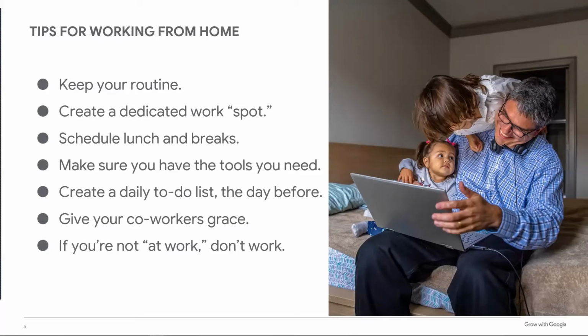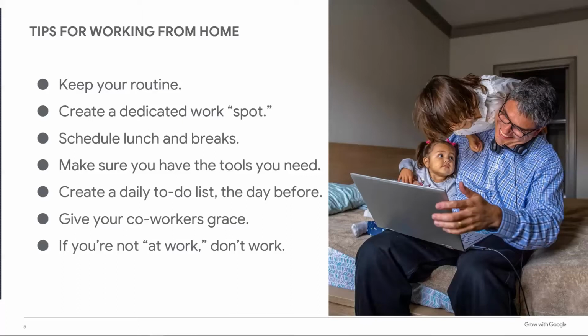There's nothing better than, and I am so guilty of this, nothing better than to sit in bed and pull out your computer and work from bed, because it just is so relaxing and comfy. But the realization is you just don't get as much done when you work that way. We need to train our brains that when we're ready to work, we're at work, right? Regardless of your situation, I'm lucky now to have a home office, but I haven't always been that way.